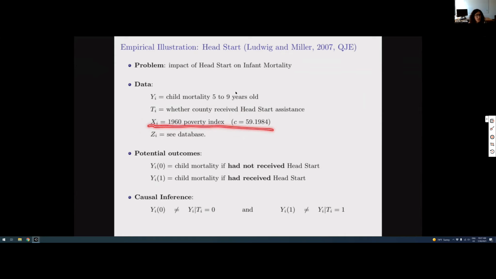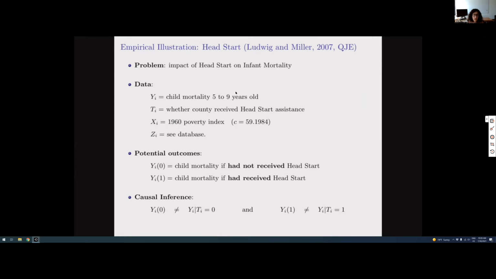Because in this case, we order municipalities from most poor to least poor, and then the way they did it, because of budget considerations, they could give assistance to 300 municipalities. So they started with the poorest municipality and counted until the 300th poorest municipality, and the poverty index of that number 300 was the cutoff. That means you sorted all the municipalities by poverty, and all the poorest municipalities are in the treatment group and the rest in the control group. So basically there is a lack of common support in the poverty index